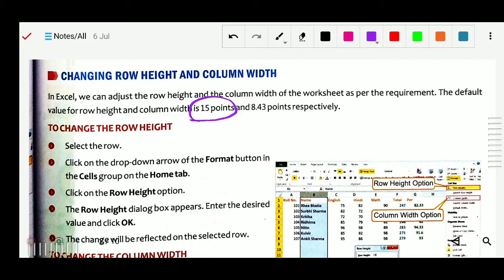What is the default value for the row height and column width? The default for the row is 15 point, and for the column it is 8.43. So this is for the row height and this is for the column width: 15 point and 8.43 respectively. Okay,